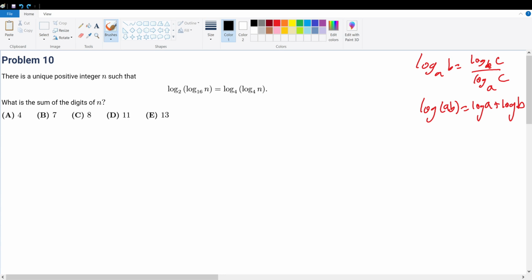AMC problem 10. What is the value of n given the logarithmic expression? For any log problem, you always want to memorize these two fundamental formulas, which are the change of base and the product rule. You don't really necessarily need to memorize the division rule because that's just the same thing